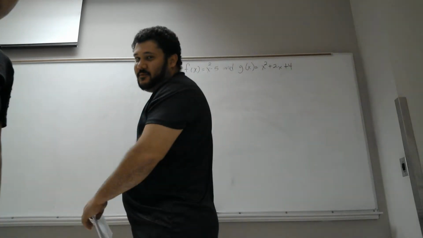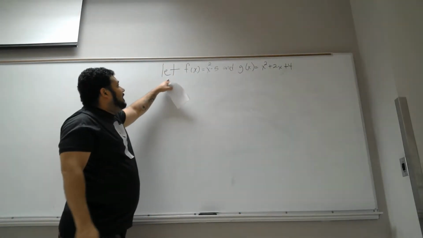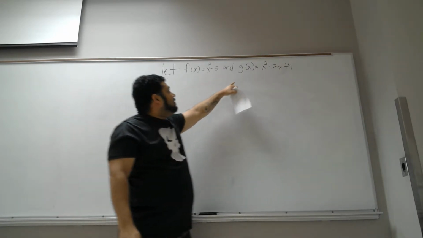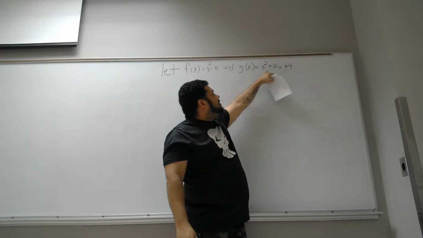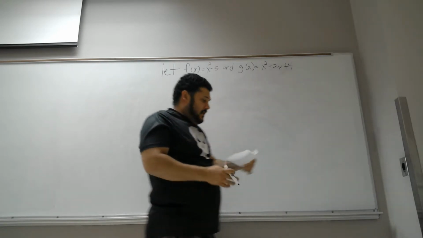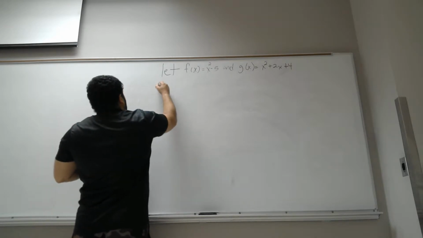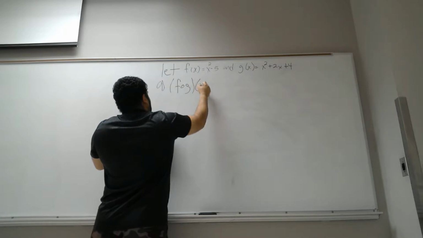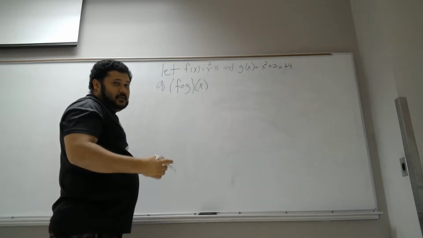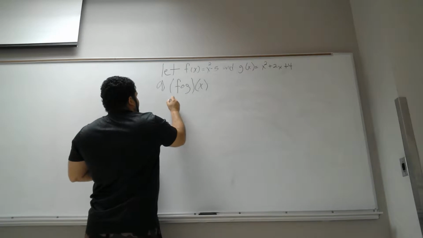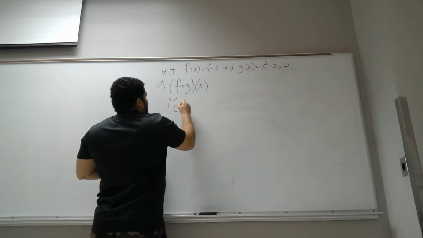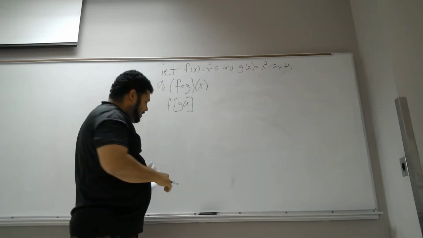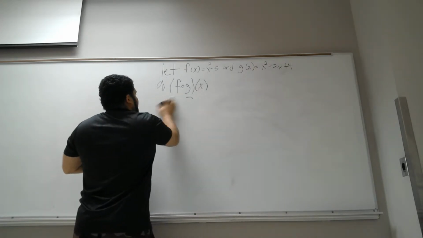So we're gonna start with the one that we did together, which is let f of x be x squared minus 5 and g of x equals x squared plus 2x plus 4. We're gonna work that one because the first one that we got was f of g of x. So technically what you're doing is saying f, and then g of x goes inside. We're gonna substitute all that with the numbers, and technically it's gonna be